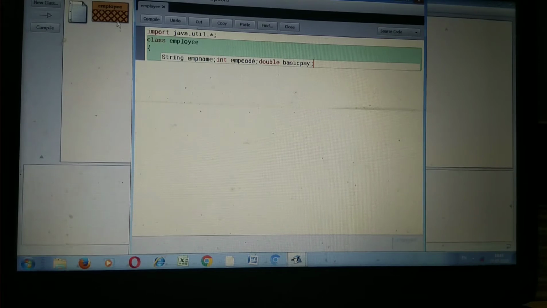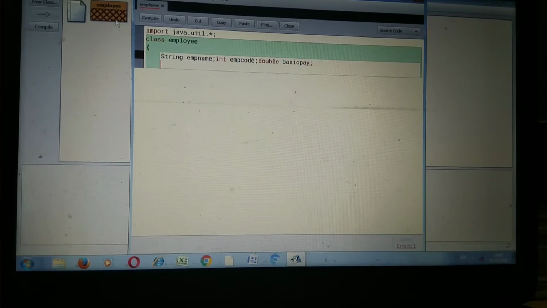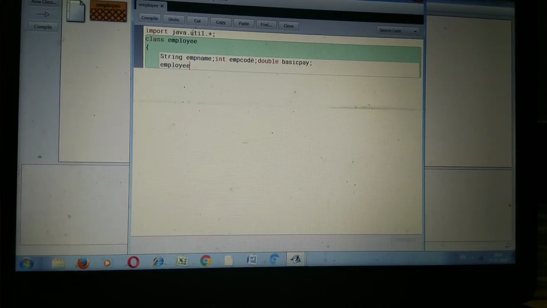After creating the data members, next come the member functions. The first function given is the default constructor. The default constructor's name is Employee. You know, a constructor has the same name as the class name. Here the class name is Employee, and the constructor name is also Employee.